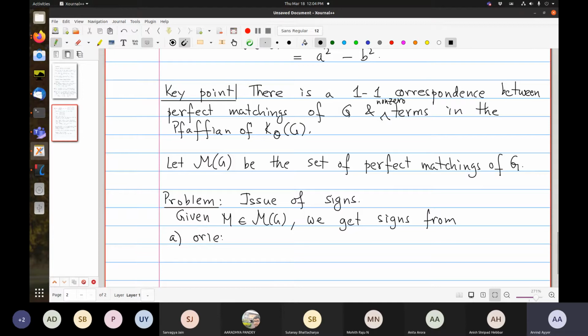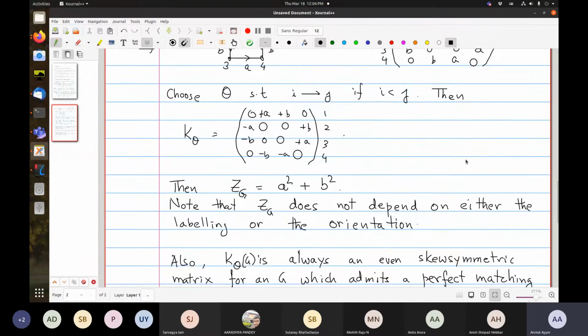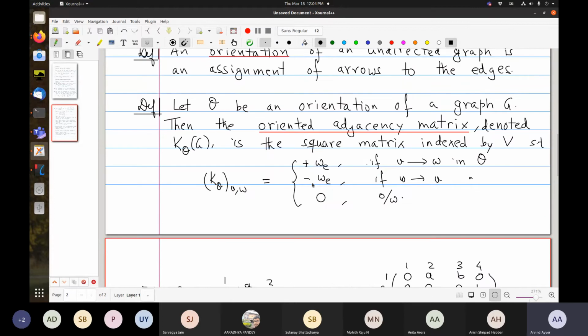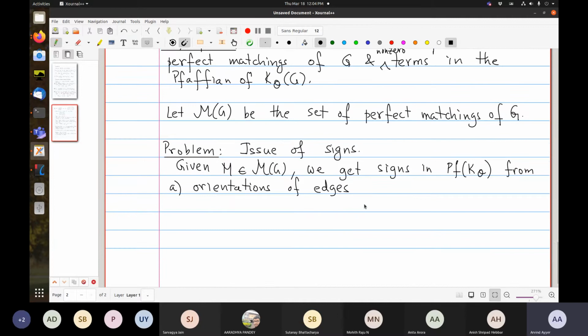The orientations of edges, let's say signs, I mean signs in Pf of K_O. Remember that we are giving signs to some edges. We are giving signs to all edges, and depending on the orientation, we'll